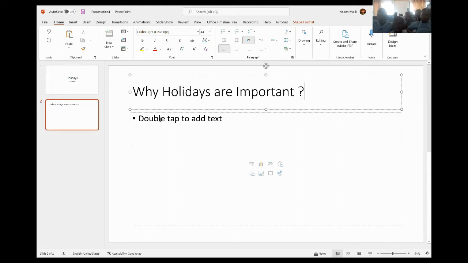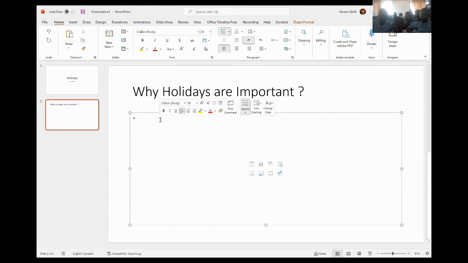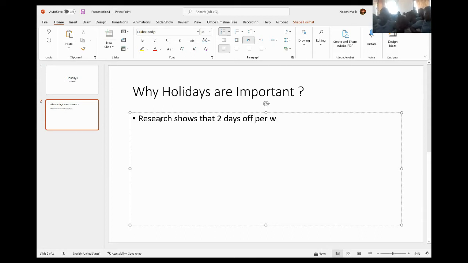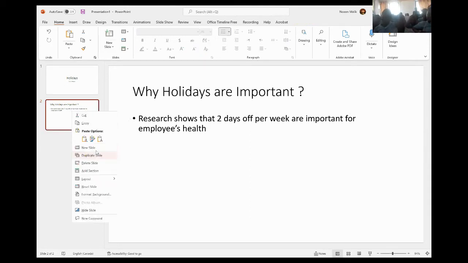And here you can write anything. Research shows that 2 days off per week are important for employees' health. Okay. So like this thing, let's go to the next one.